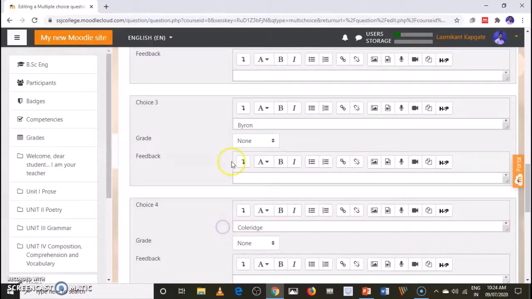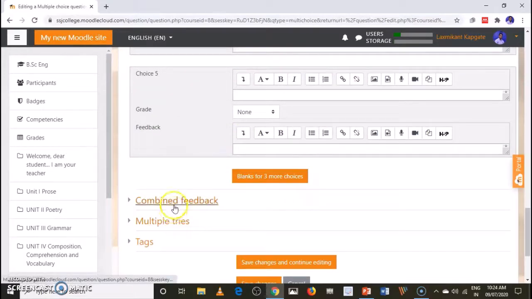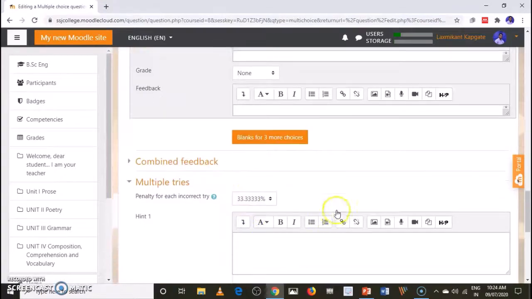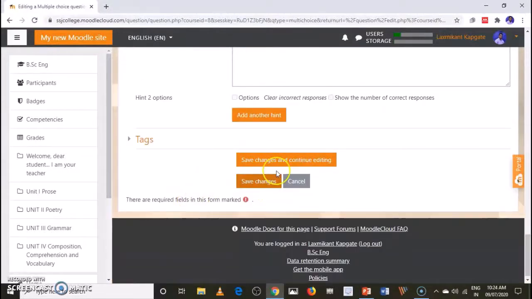So these are the 4 options I have added. Now you can check what is here. In multiple choice, you can see there is no negative marking or deduction, so it is 0. You can set like this, and save changes and continue adding, or you can click on save changes.